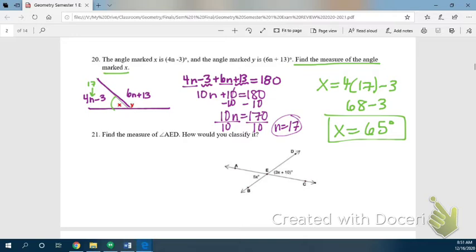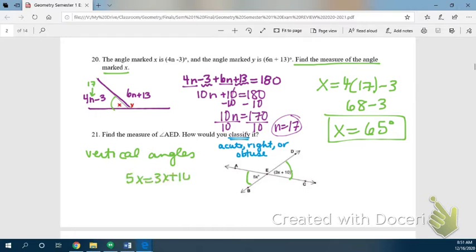The next one says to find the measure of AED, and then it asks you to classify it. Whenever they say the word classify, they're wondering if it is acute, right, or obtuse. Before I do that, I need to look at my values here and see if I can solve for something. I know that these two angles are vertical angles, and I know that vertical angles are congruent. So I can set them equal to each other. 5x equals 3x plus 10. When I solve this, I get 2x equals 10